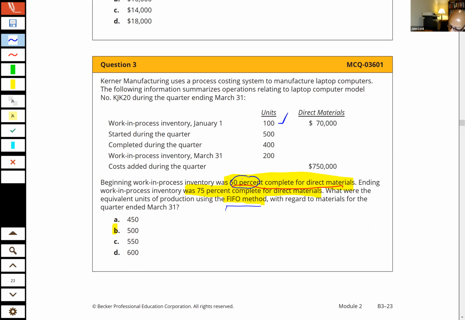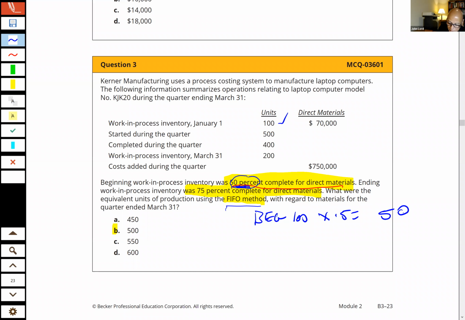Okay. So I have to say what? 100 units for the beginning, but how much work was done? 50% last period, so I do 50% this period, right? So I have to multiply that times 0.5. That gives me what? 50 equivalent units, okay? This is my problem, guys. You're younger than me, so you probably won't have this problem. I always slip into the other method. I have trouble remembering what method I'm using, okay?